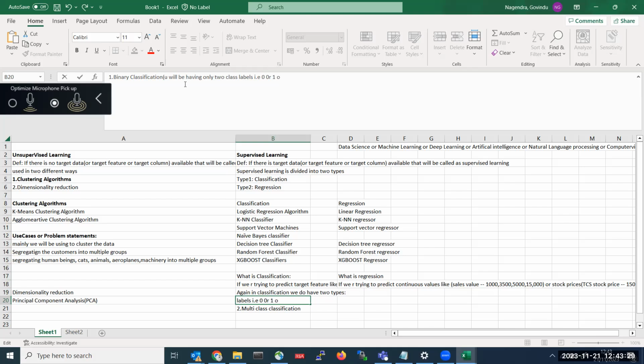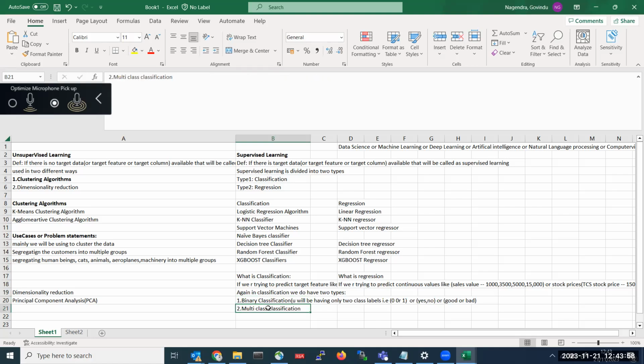Either you will get data directly in 0, 1 format, or you will get data in the format of yes or no. In multi-class classification, you will have more than two classes.